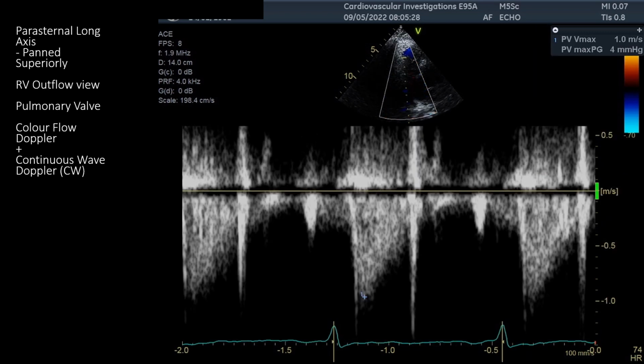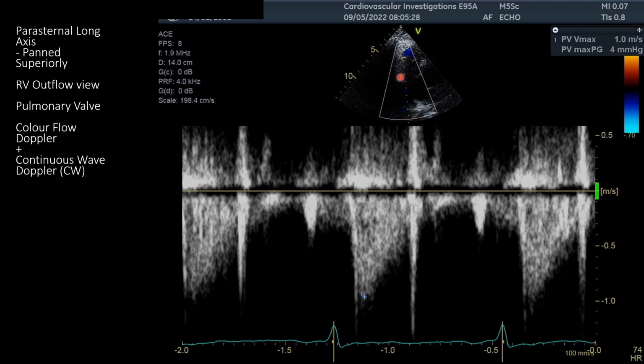And a similar but different spectral Doppler trace through the RV outflow tract in the pulmonary valve, this time using continuous wave Doppler. So remembering that with continuous wave Doppler, we are picking up all of the signals along the line of interrogation, not just the signals in the gate that we were looking at on the previous slide where we used pulse wave Doppler. So in continuous wave Doppler, where the line of interrogation includes the RV outflow tract as well as